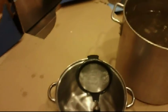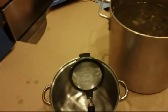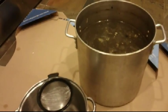So I laid some cardboard down just to make sure that if there's some spillages, it's nice and clean in your kitchen. Alright. Okay, so I just poured